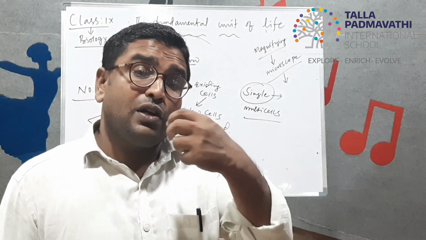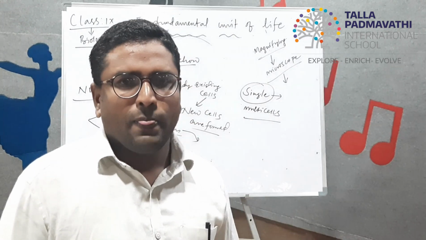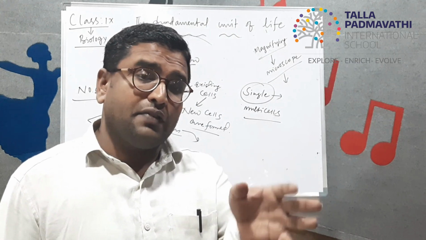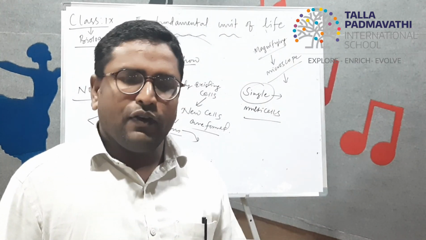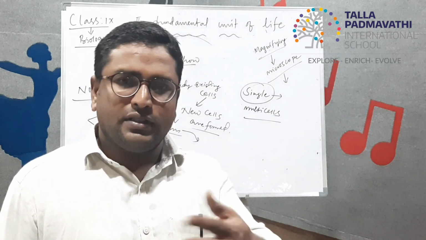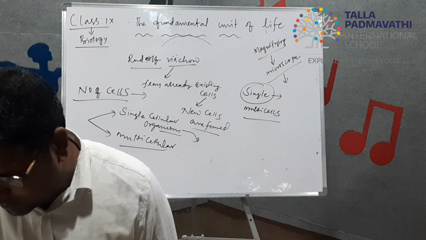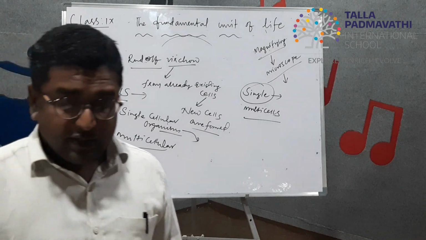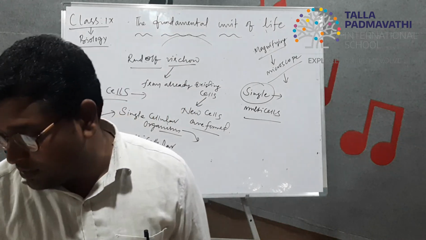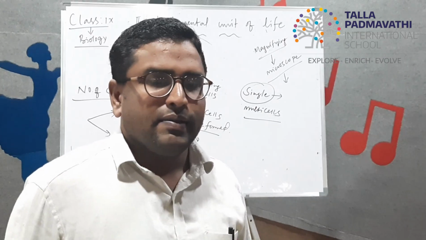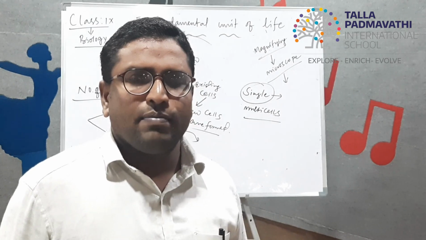Based on the function of the cell, the size of the cell is related. The size of the cell is related to the function of the cell. Some organisms have cells of different kinds, so all the cells may not be of the same shape and the same size. There is a difference in the size and the shape of the cells.